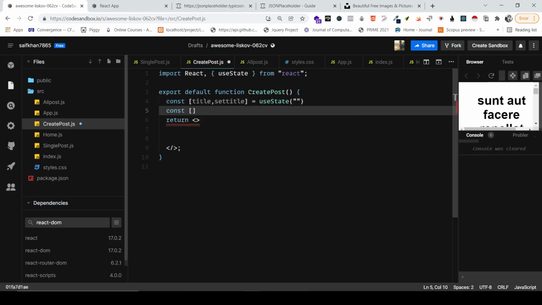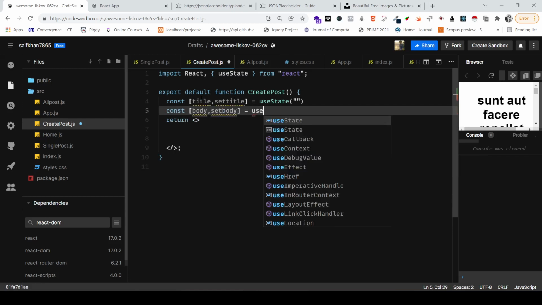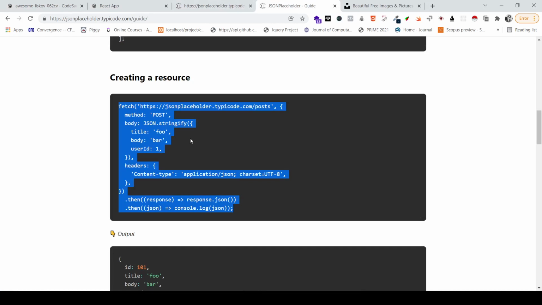I'm going to also give a body, setBody, useState, and we also need to pass in the ID as well, I believe, user ID over here. So we don't really have to do that when you're actually working on a real world scenario. If you're working on MongoDB or some other database, then the ID will be automatically generated, so you don't have to